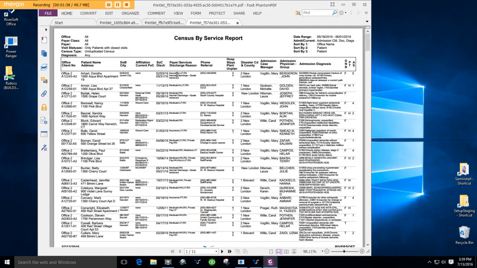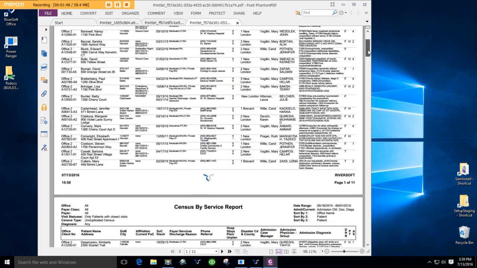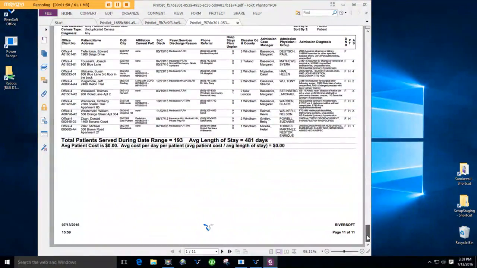And here's your report. The rightmost columns are Do Not Resuscitate, patient type, which is a deprecated feature from SAM, and admission source. At the bottom of the report are the total patients served, average length of stay, average patient cost, and average cost per day. The next report